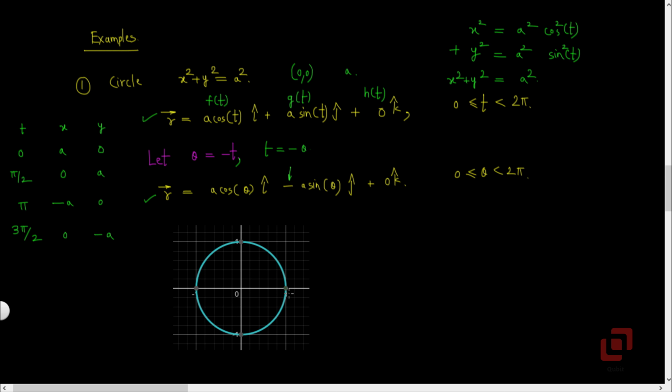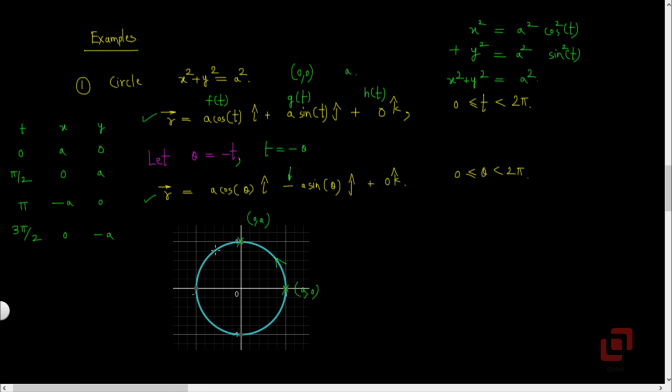In other words, when we start our journey on this circle, we are at this point, whose coordinates are a, 0. Then when t takes the value pi by 2, we reach the point 0, a, which is on the y-axis. For all values of t between 0 and pi by 2, we are in the first quadrant, covering this particular quarter circle. So the direction of the traversing is in anti-clockwise sense, from a, 0 to 0, a.